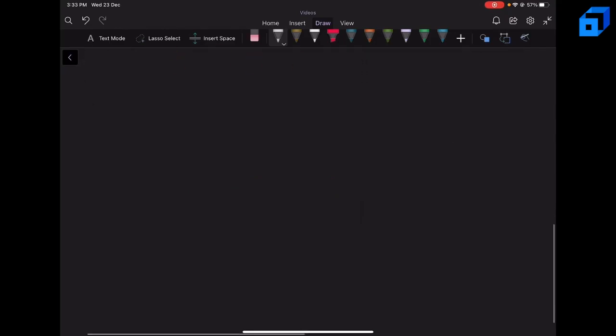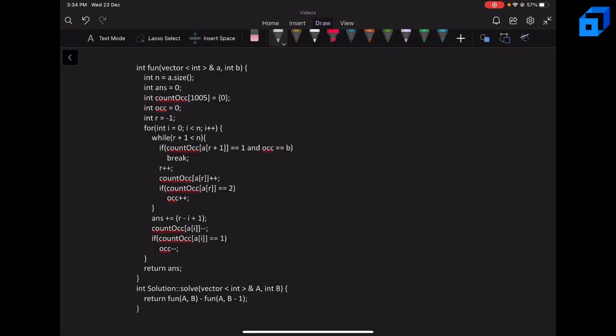So let's actually look at how to implement this. The good thing about 2 pointers is that you can actually use the same implementation for almost all 2 pointers problems. You can follow a standard template for solving these problems. So we know that the answer is f of b minus f of b minus 1. So we simply need to find f of b. So let's find f of b.